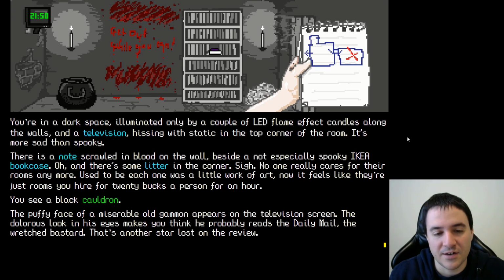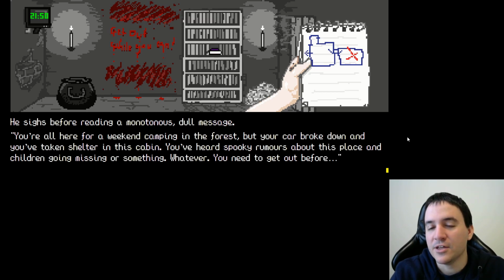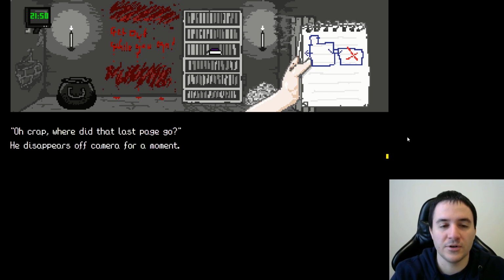The puffy face of a miserable old gammon appears on the television screen. He sighs before reading a monotonous, dull message. You're all here for a weekend camping in the forest, but your car broke down. You're taking shelter in this cabin. You've heard spooky rumors about this place and children going missing or something. Whatever. You need to get out before...